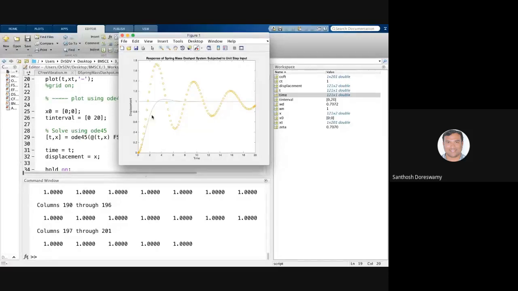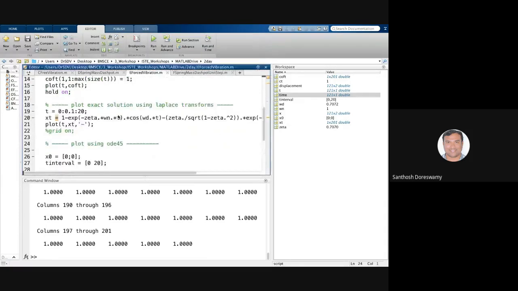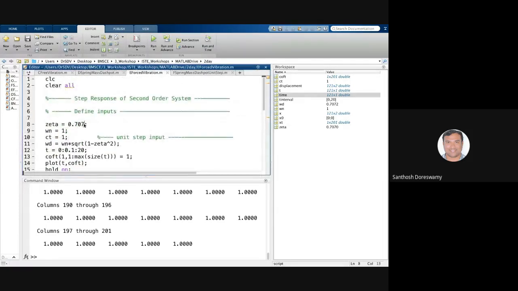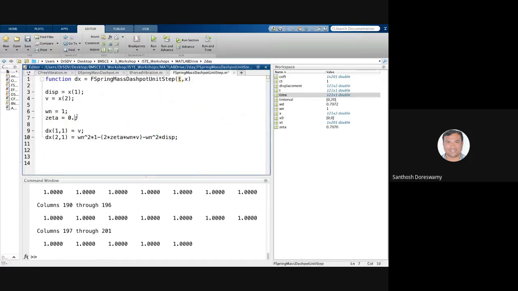This is the exact solution, and this is the c of t, that is a unit step that's given to the system. The value of zeta that I've set here is 0.707. Suppose I give it as 0.707 here and rerun the code,